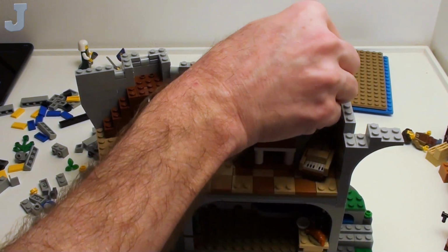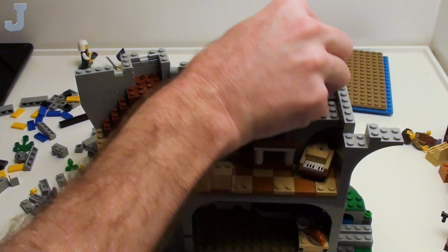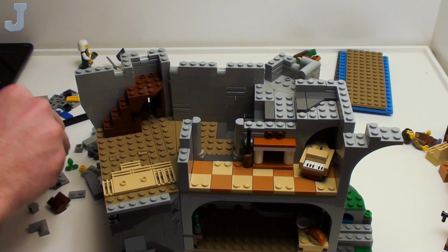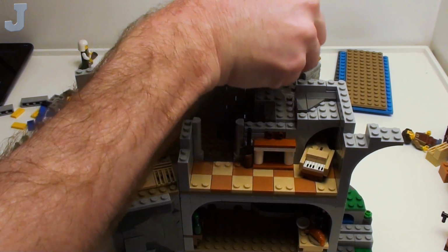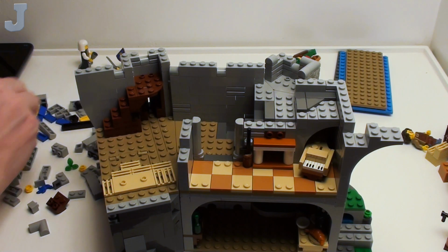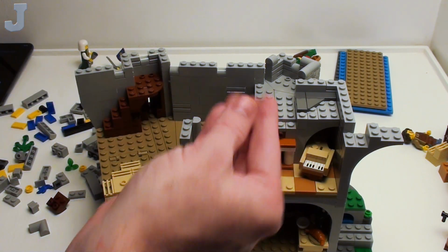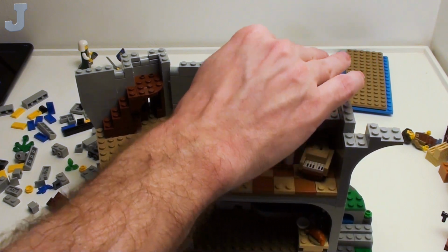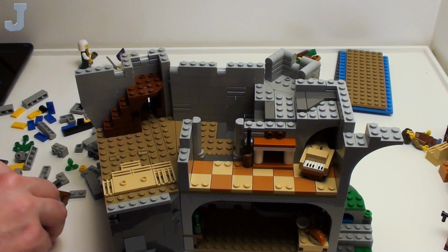The rest of this is all these plates with bow. So this is really just, it's not like what I would do, which is just flat tile the top of this off. No, what Lego had to do is they had to come in here and literally just use these. I'm going to buy these in different colors once they come out, like reds, and they already got gray, of course, but